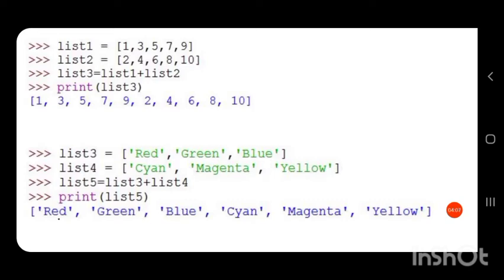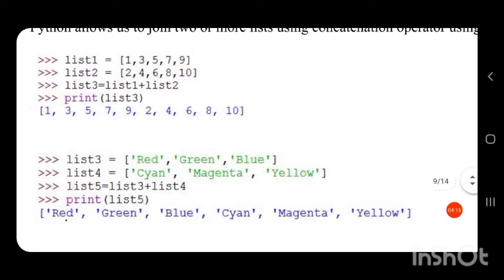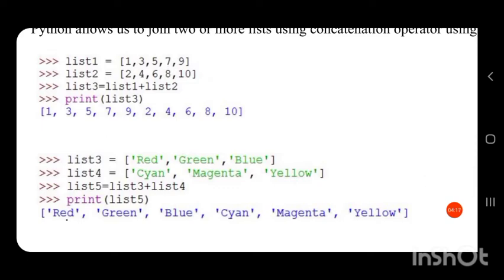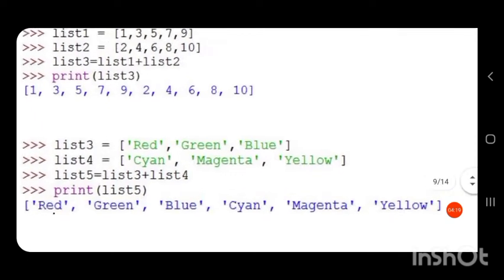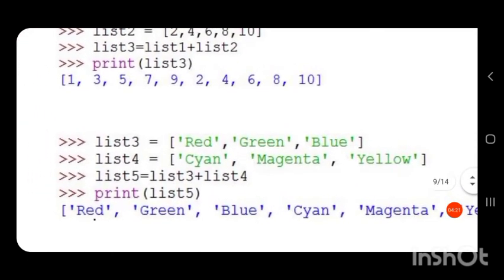Then another list, list4, is equal to cyan, magenta and yellow. These are the two lists. For concatenation we use the plus symbol, the concatenation operator.